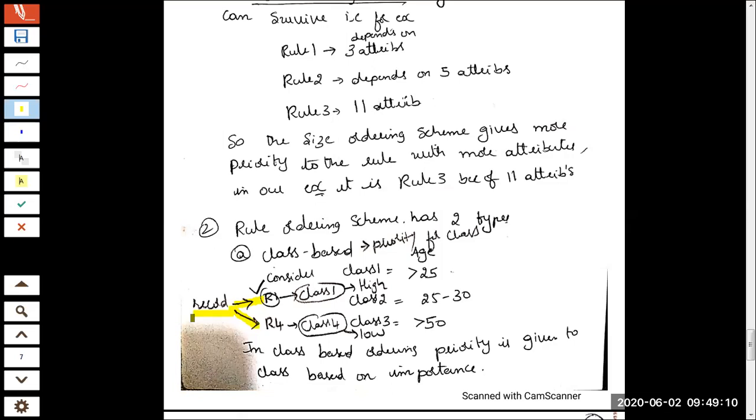Now we are exploring different ways of resolving this conflict. When a conflict arises, you cannot keep quiet. You need to explore solutions for that conflict, and that is the topic of discussion in today's class. We saw a solution in the form of assigning ranking for the rules. We saw a solution in the form of voting. We saw a solution in the form of assigning ranking using attributes.